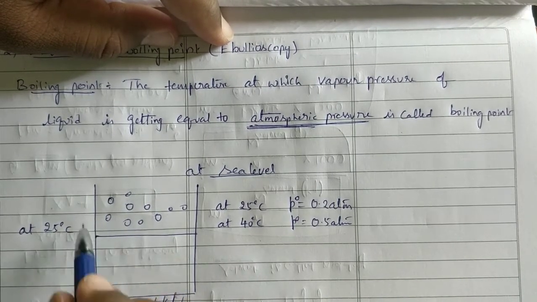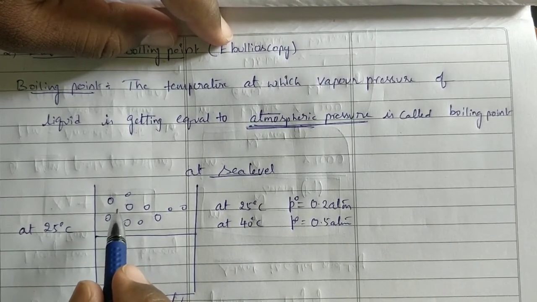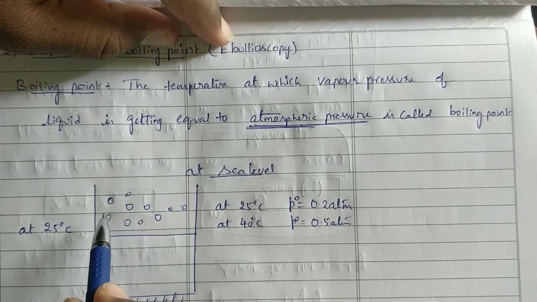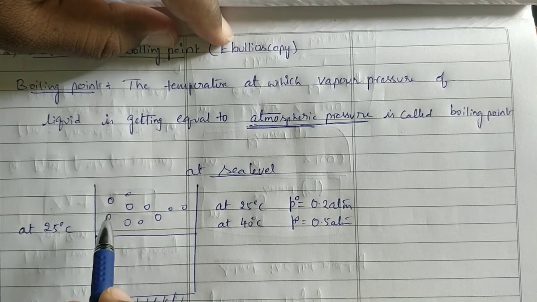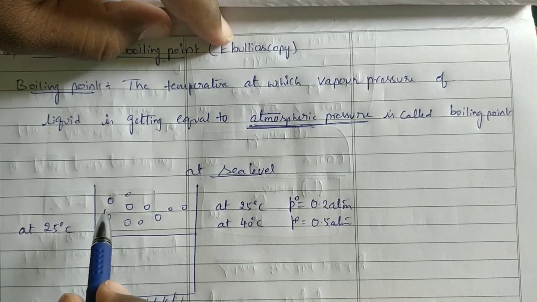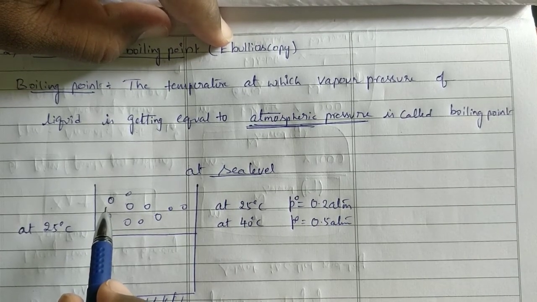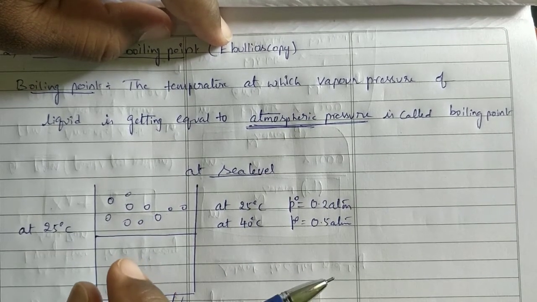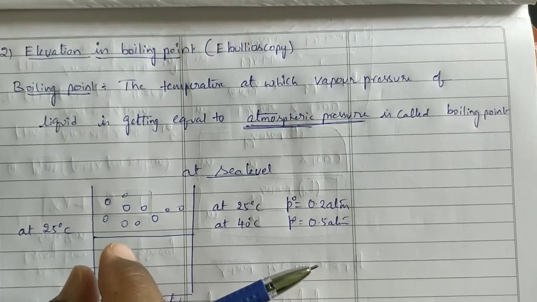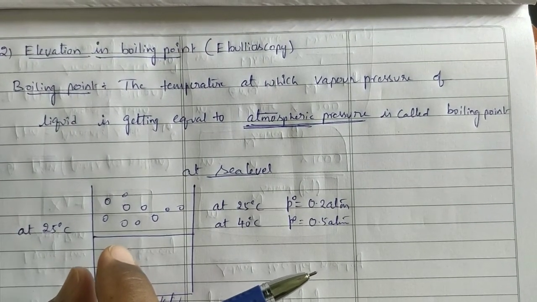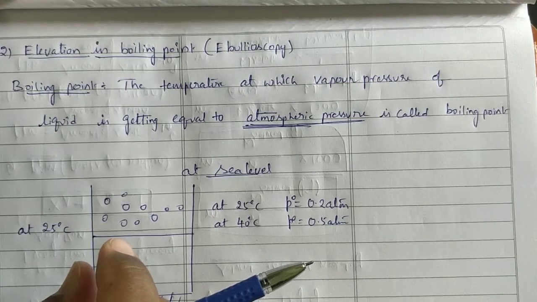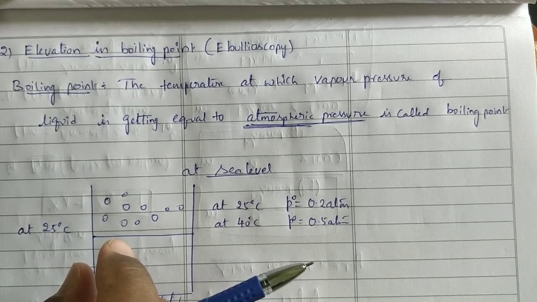Because inside, the number of molecules increases, evaporation increases. Now, conversion of this liquid to gaseous state at any other temperature is called evaporation, not boiling. So in summer, what is happening to the lake water? That is not boiling, that is evaporation. Evaporation can take place at any temperature, but boiling will take place at a particular temperature only.